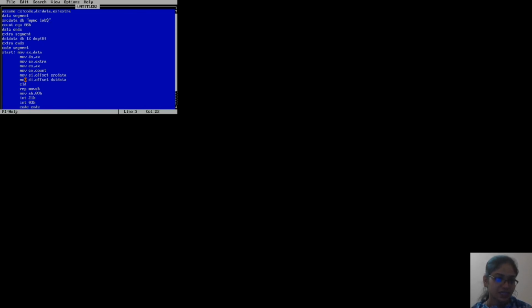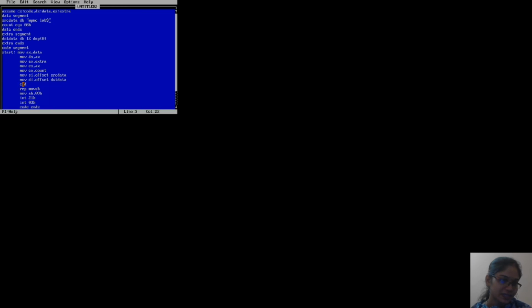The next instruction is MOV DI, offset destination data. Through this, the offset value is initialized in DI. The content of the offset is moved into DI.